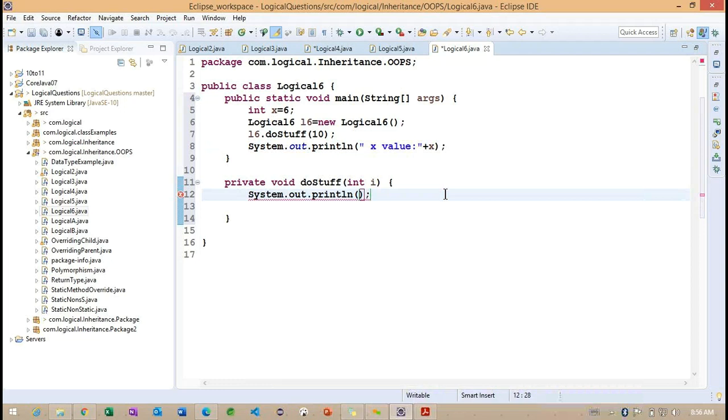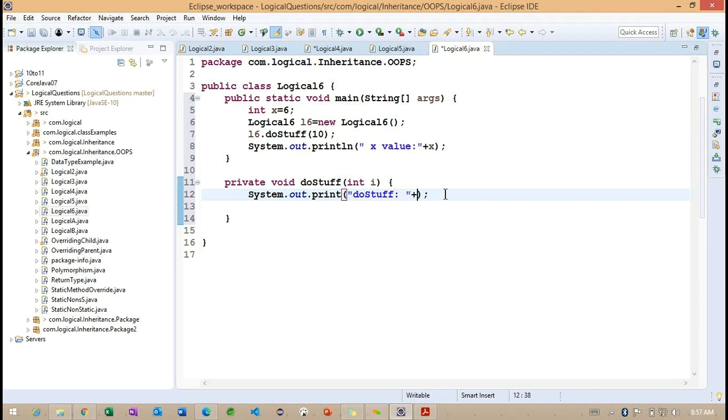So carefully observe, I am trying to print this x value within this method call, inside this doStuff method. Right.